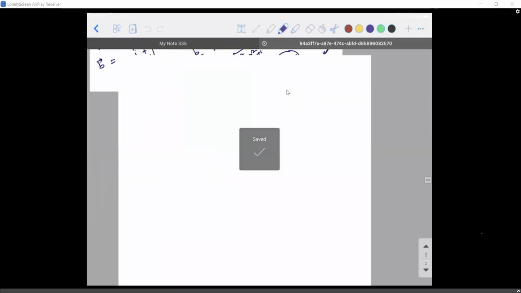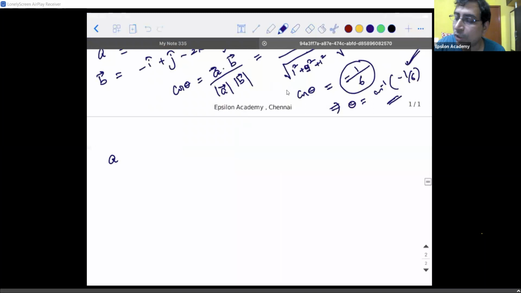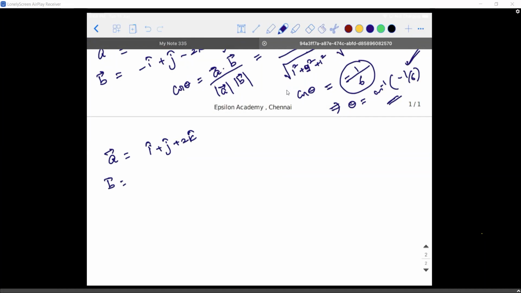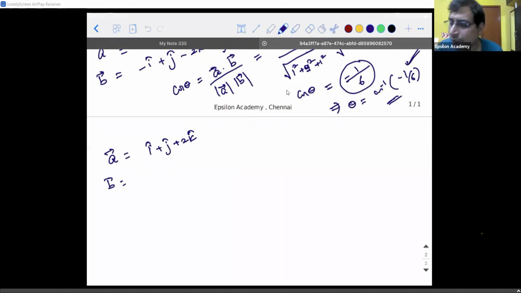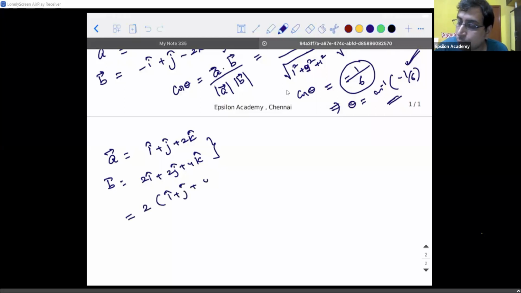Okay, so I'll write one of the vectors, and you tell me what the other vector can be. A vector is equal to i cap plus j cap plus 2k cap. Then what can B vector be? Sir, we can multiply by any number and it will become parallel. Yes, you can create a question yourself. For example, 2i cap plus 2j cap plus 4k cap. If I take the 2 out, it is i cap plus j cap plus 2k cap. Is it not like B vector is equal to 2 times A vector?